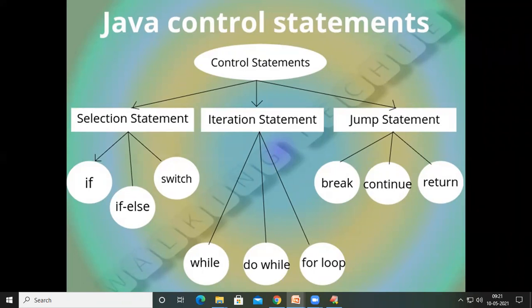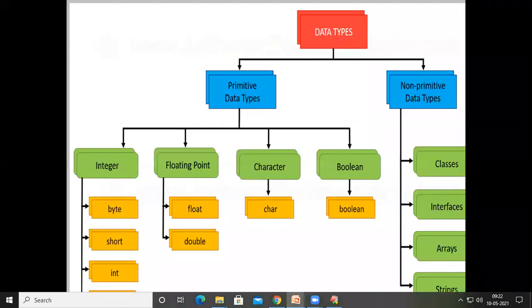So I hope everyone understood today's session. I am just reviewing today's session. In today's session, we started with the super keyword. We have seen 3 uses of the super keyword: how we can access the superclass variables, how we can access the superclass methods, and how we can access the superclass constructors. And after discussing the super keyword, we started discussing data types.